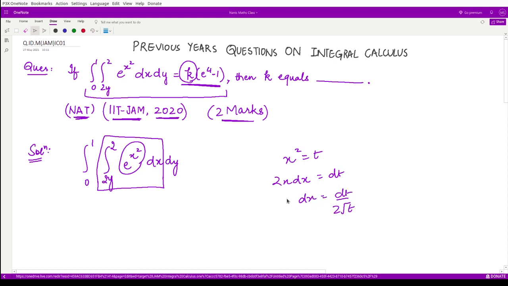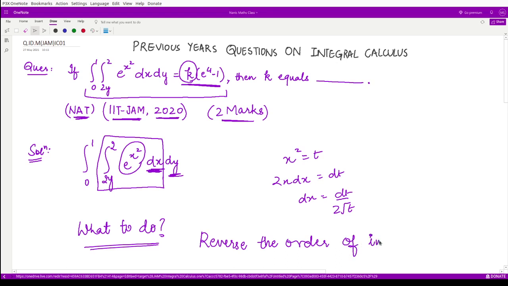Performing this integration would be quite tedious when you integrate firstly with respect to x and then with respect to y. So what to do here? We want our 2 marks here, right? In order to solve this particular question, what we can do is reverse the order of integration.